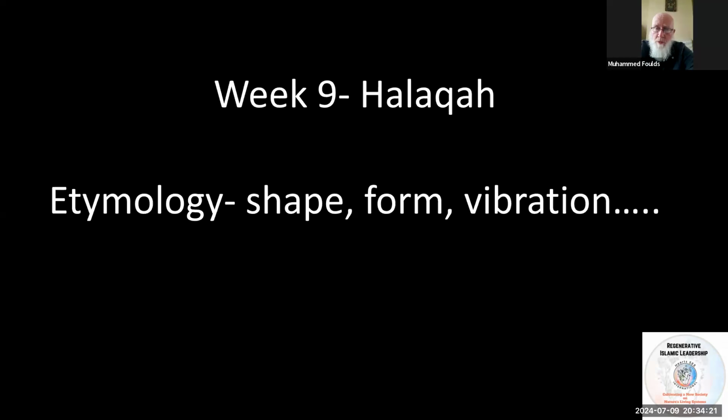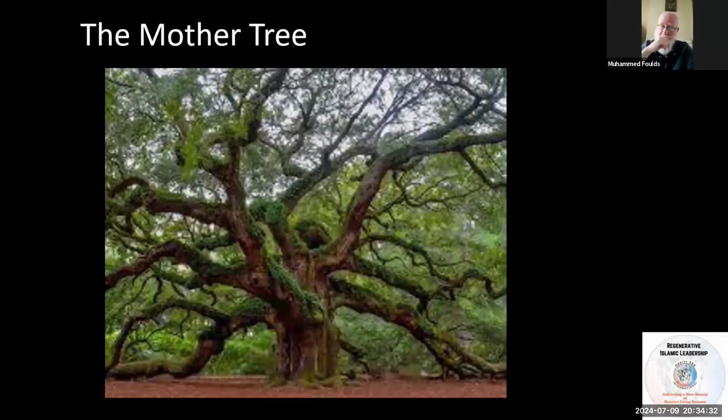So this is what all of the halaqah is about. And then for you then, inshallah ta'ala, to do your own homework and to increase that, inshallah ta'ala. Go on to the next slide. I always start off with the mother tree, and